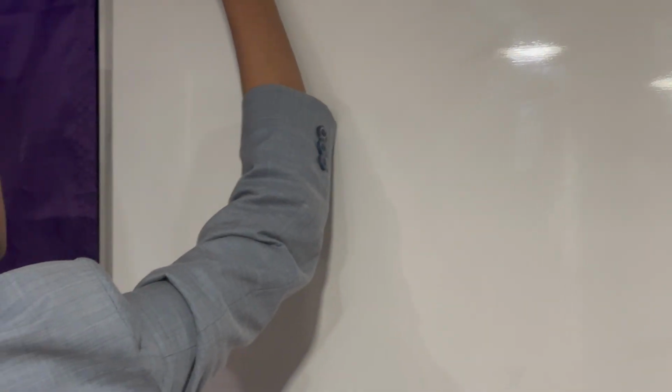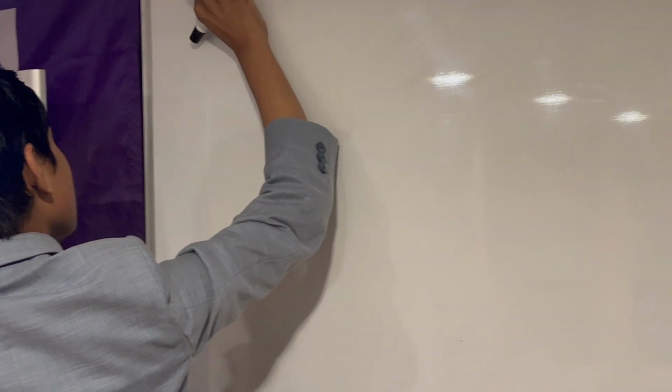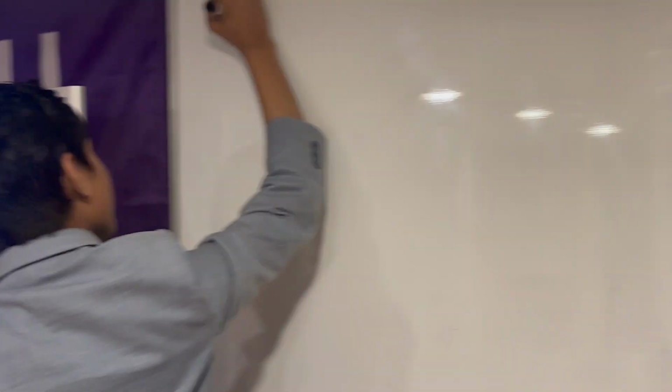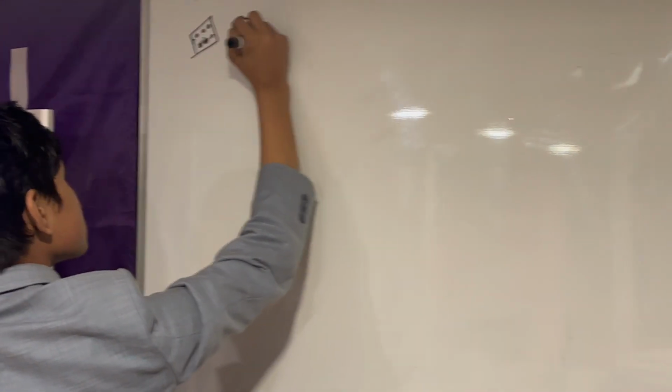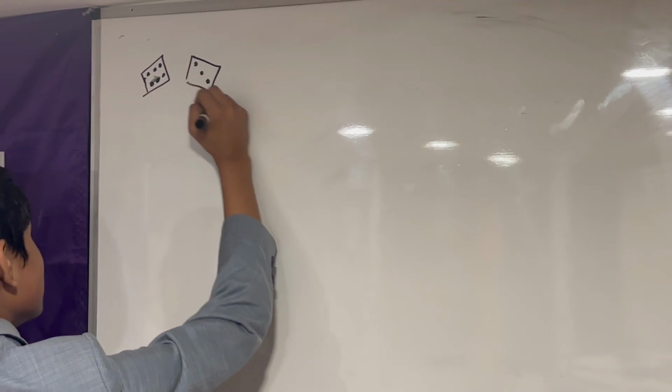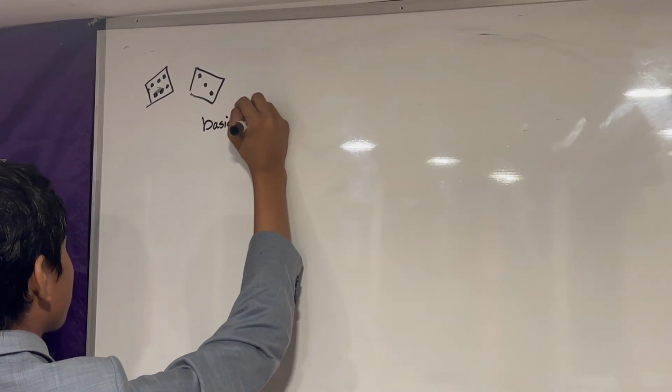Cubical dice look something like this. So let's say I have 2 dice over here. Now, let me ask you something. What's the number of possible outcomes? 36. Okay. Now, it sounds pretty easy because by the basic counting principle,